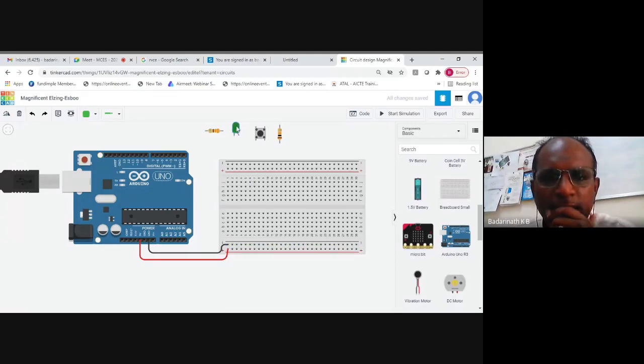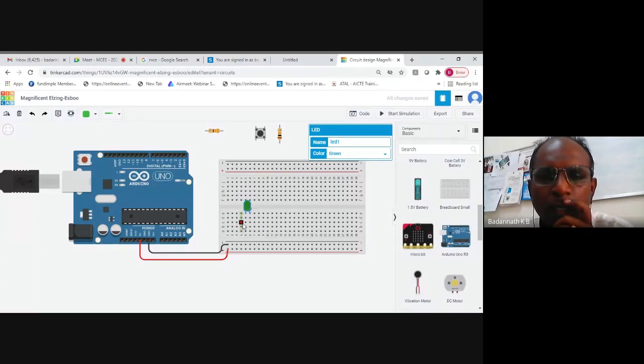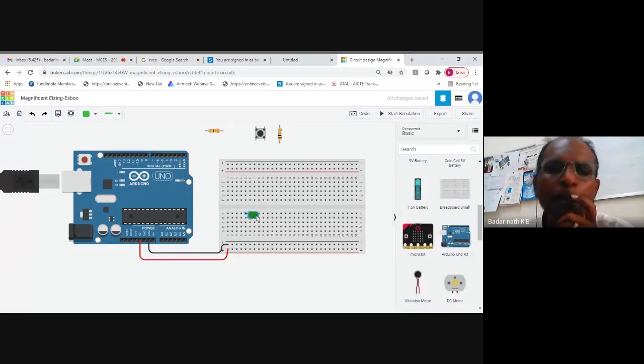Now I'll take the first LED. So I will place it like this. Placing like this means any point connecting here connects to what? The cathode. Any connection from here, these 4 points will connect to what? Anode. If I rotate this LED and place it like this, then what will happen? You are spoiling the component. You should not place the components over the same column like this.